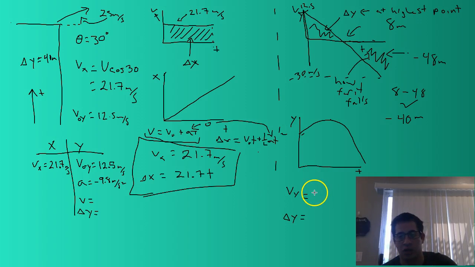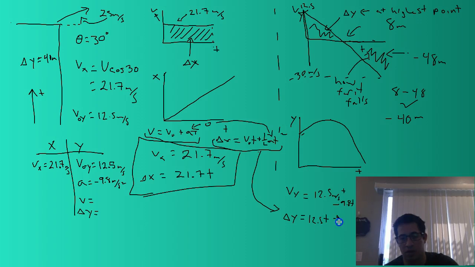You should get initial velocity of 12.5 meters per second plus negative 9.8 meters per second squared times t. Go ahead and do this again for the displacement. Write a function for displacement. You should get 12.5 meters per second t